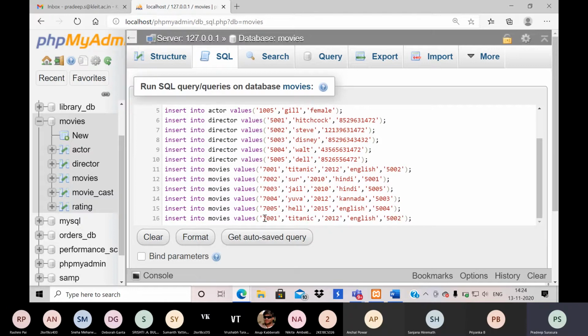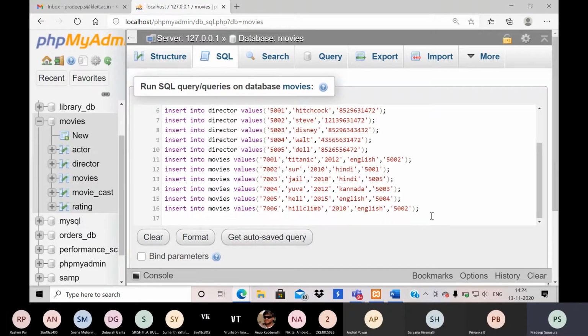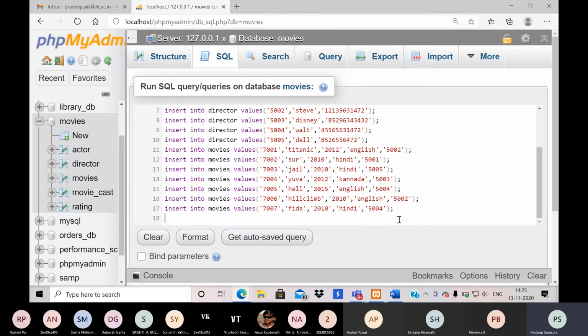So I will try to add one or two more values so that I can play with some data. So let it be 5002. So 5007. Let me take some other name, say Hindi. And this something like 4.